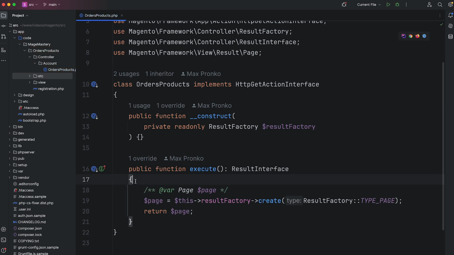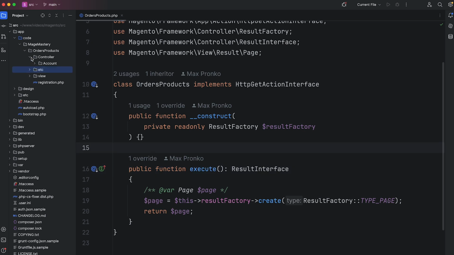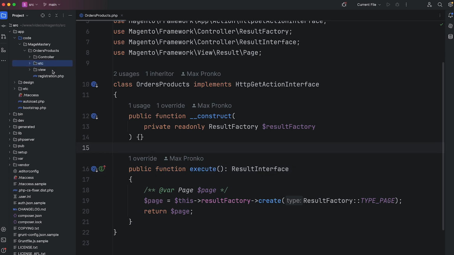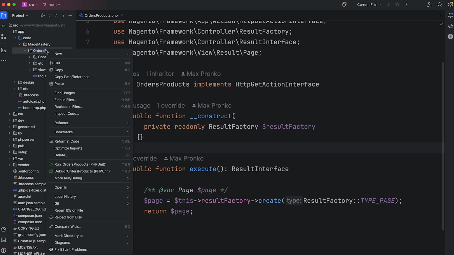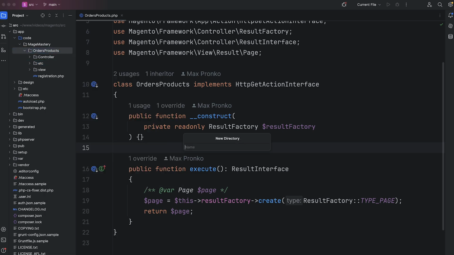The second way, which is more preferable, is to create an around execute plugin that will be responsible for checking whether a user is currently logged in, and if not, this plugin will create a redirect response and redirect the user to a login page. So let's go ahead and create such a plugin,